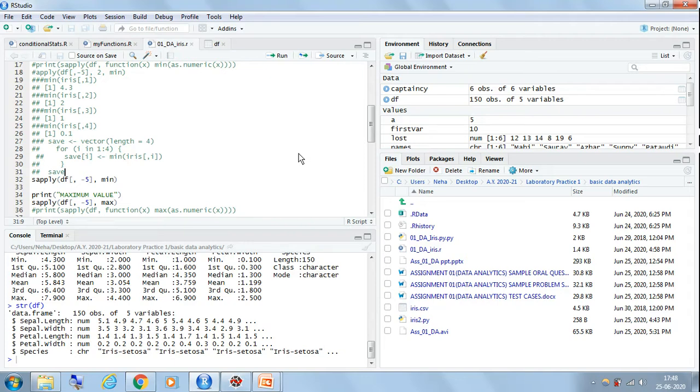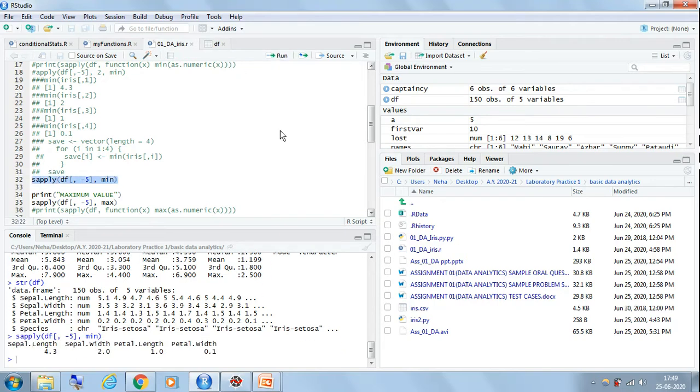And one more way to do the same thing is using the sapply function. So again it is one and the same thing. With sapply, you have to apply this on the data frame, ignoring the last column, that is why -5 here, and which function I want to apply is nothing but min, so that is why min. So now let us see the output of this. Let me run this for you. Yes, so you can see here the minimum value from each of the columns is being displayed except the last column because it is a categorical variable.